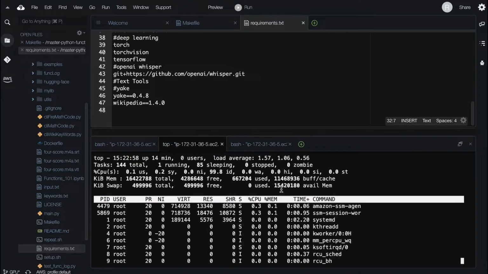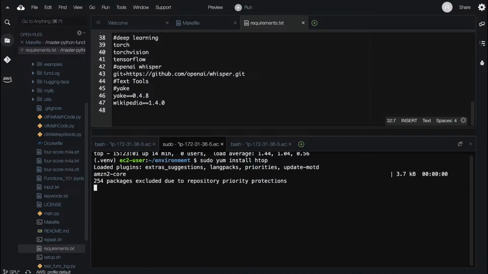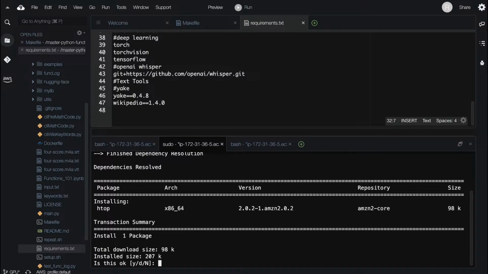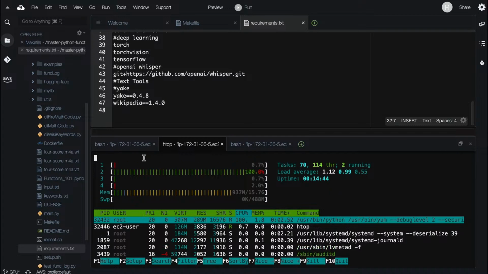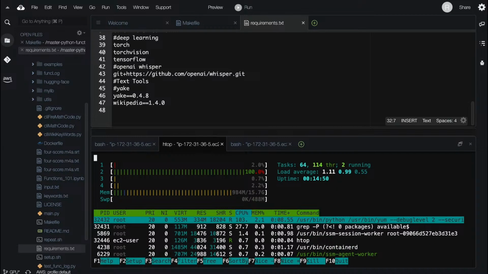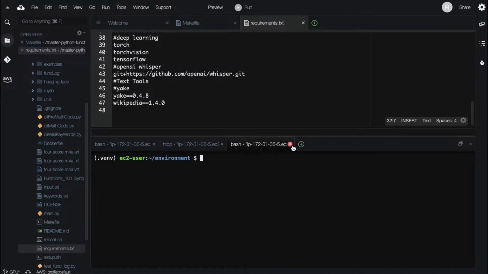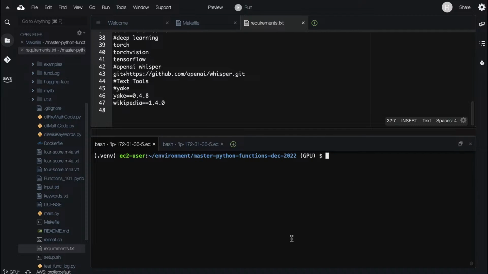Now, one tool I do like to install that might as well install in here is sudo yum install htop. And htop is kind of fun because it's just a slightly fancier version of top, right? So I just get a little bit better view of the different cores and how much memory is available and things like that. Depending on what it is you're doing, building containers, etc., it can be useful to build. So we're all set. We got everything installed just as I expected.